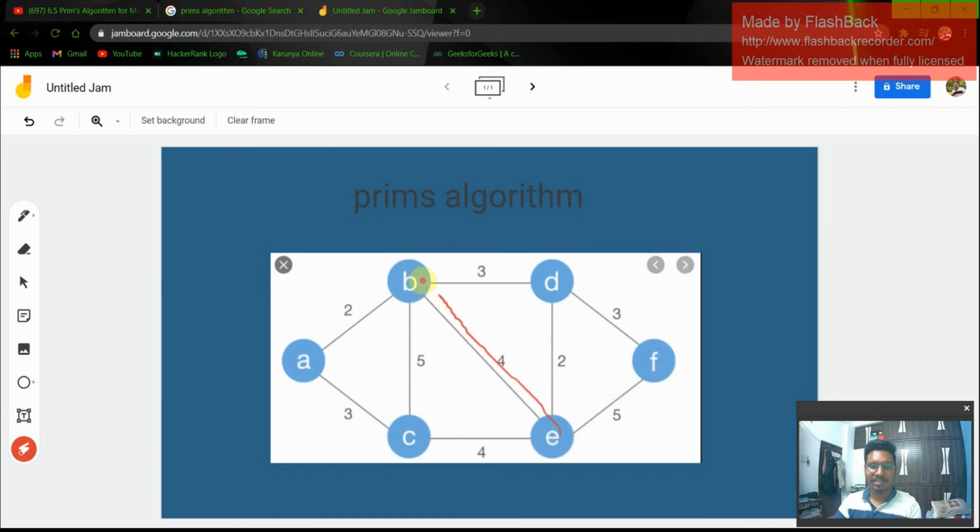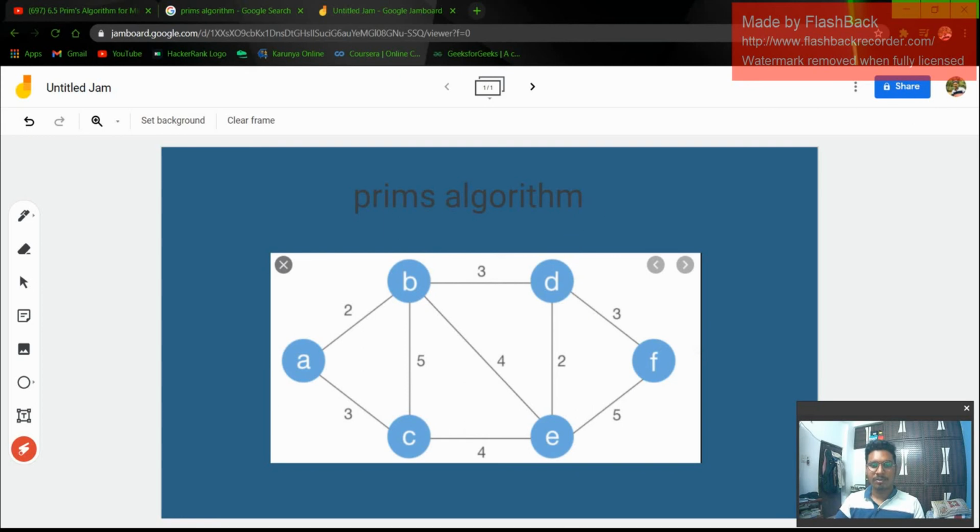Again, if I construct in this way, this will become a cycle, which is not our algorithm. So we need to construct only in this path. So we have 3 and 5. Which is minimum? We have 3; 5 is greater than 3. So we need to construct F here, and among 3, 5 and 4, 3 is minimum, so 3 is constructed. So our tree will be in this way. So this is about Prim's algorithm.